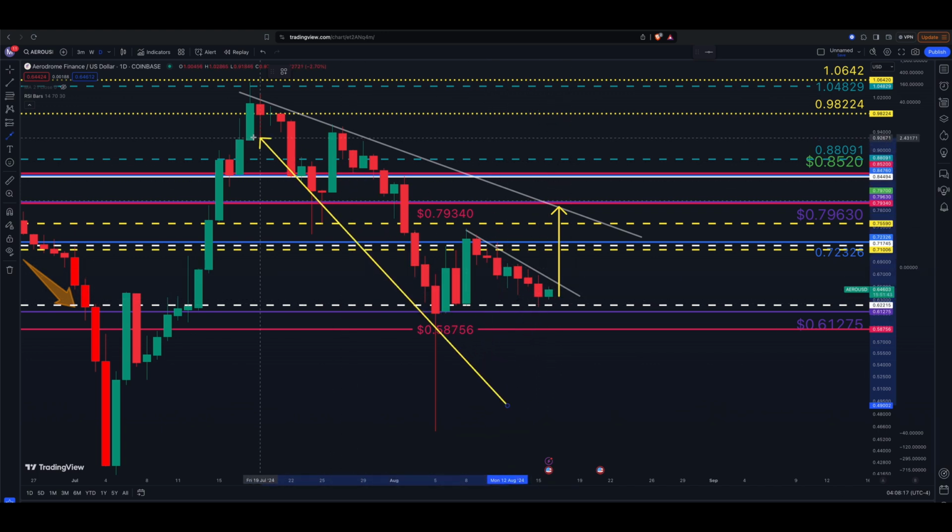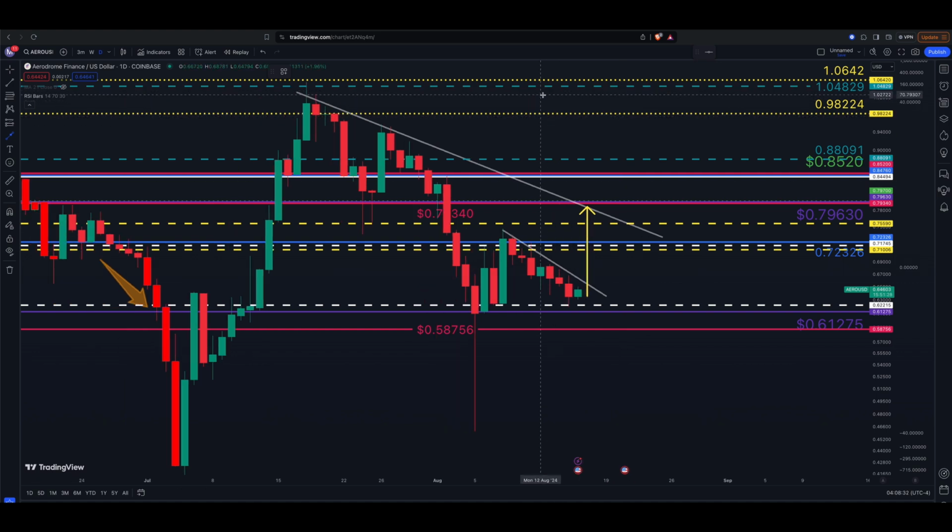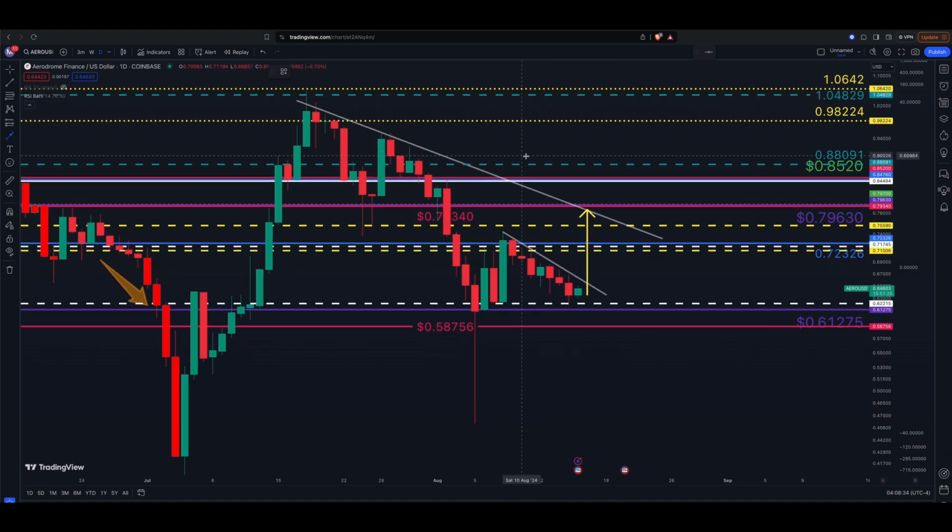So same thing we were looking for up here. Obviously, we played out to the downside. It wasn't time yet, and we're trying again on a much smaller scale here. So that's why the price target is basically 79,340. And if you notice, if we take a kind of a step back here, it's just taking us back